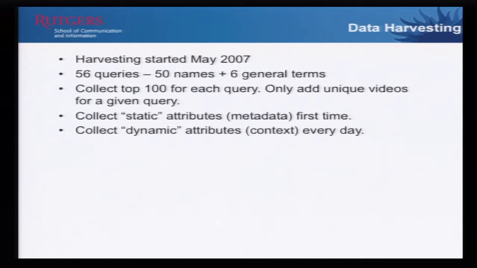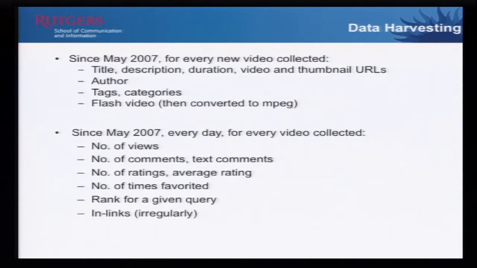Okay? For each of the videos, we collected two kinds of data. There's static data, what we call metadata, things that don't change. So the title of the video, description, the author, duration, things like that. And then there are dynamic attributes, which were more important, more interesting to us as social scientists or computational scientists, to kind of track something over a period of time, what we call context. All right, so these were the two kinds of data. Okay. This is a little description of what exactly we collected. So for each video, there are the static attributes, as I said, the name, title, description, author, and so on.